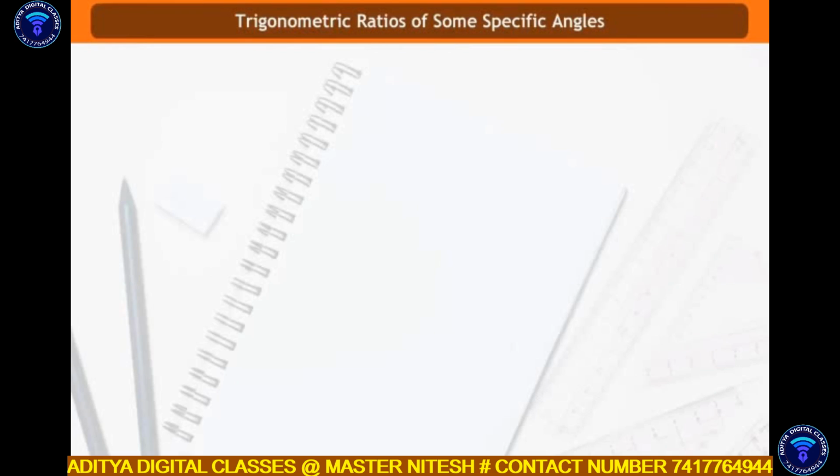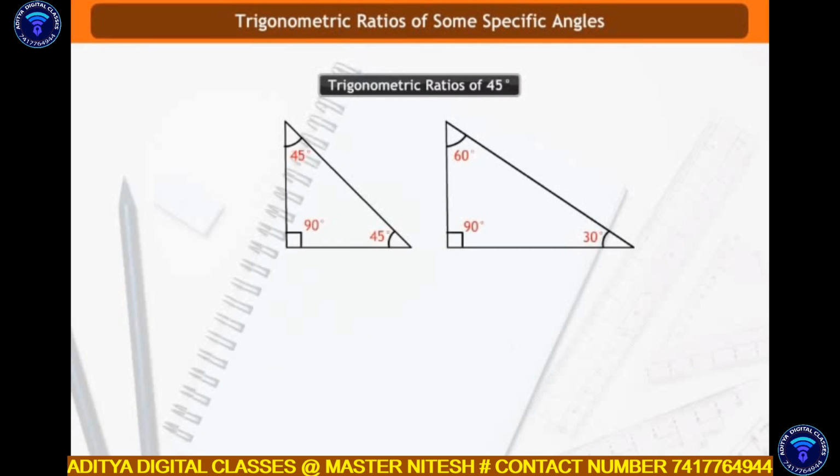Trigonometric ratios of some specific angles. Trigonometric ratios of 45 degree. We will look at two special triangles: 45 degree, 45 degree, 90 degree and 30 degree, 60 degree, 90 degree. These triangles will allow us to easily find the trigonometric functions of the special angles 45 degree, 30 degree and